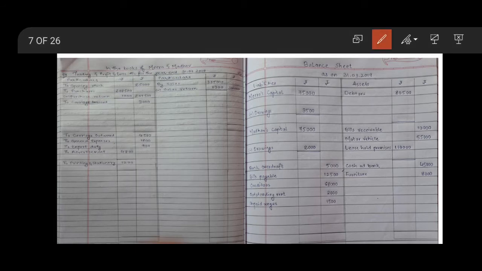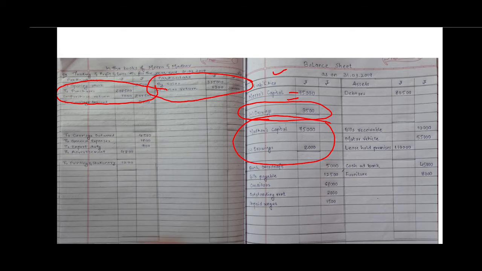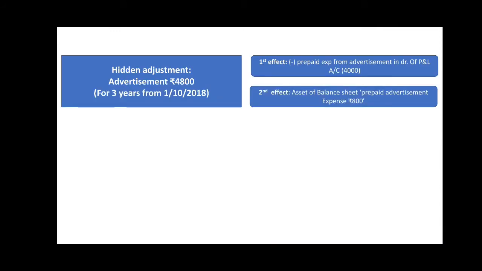What we have done, you may not understand the capital. Here on the liability side we entered the capital amount inside, we left a line for net profit or net loss, and then drawings we have deducted. So in the inner column only we'll keep it. This is the same for Madhav. And what else? Here purchases less purchase return, and the amount is taken out. Sales less sales return, and the amount is taken out after deduction. Next is the hidden adjustment. As I told you, advertisement carries a hidden adjustment.